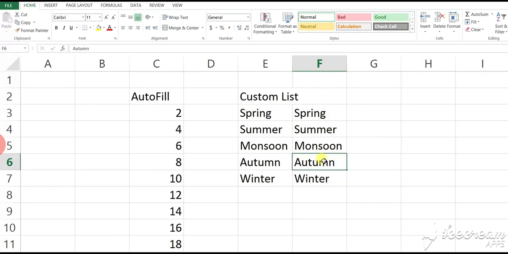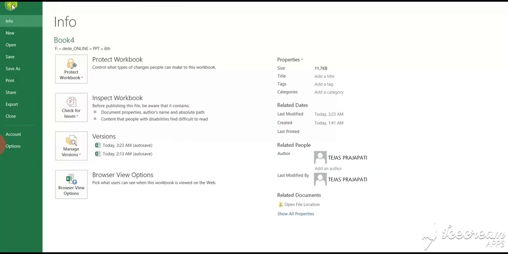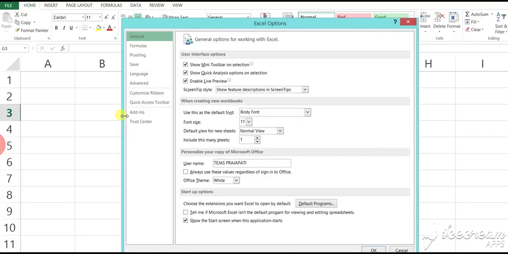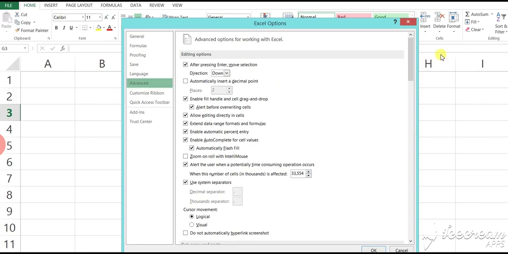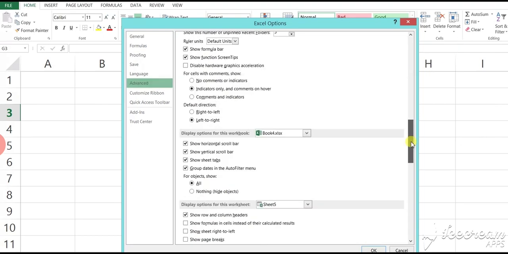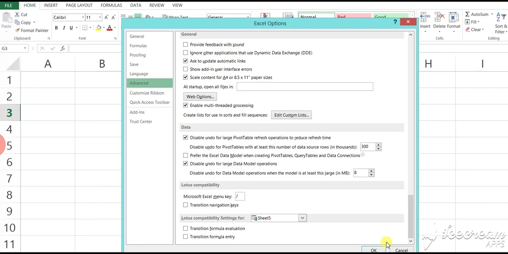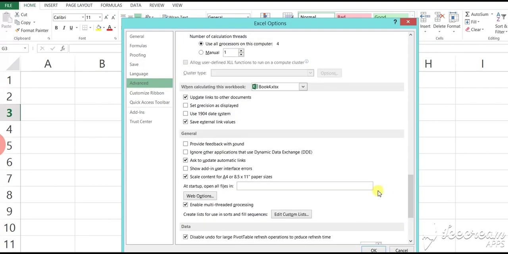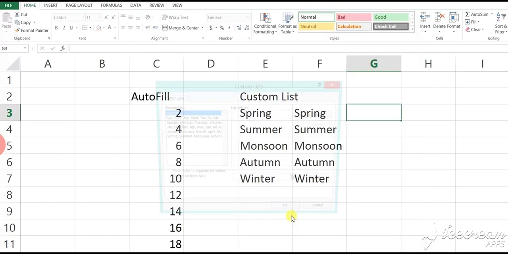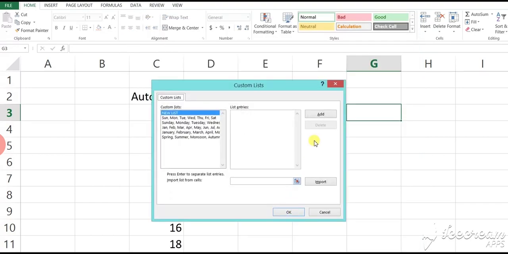Now the next method is typing a list in the custom list dialog box. So first of all, again click on the File menu, then Options, then again click Advanced, then under General, Edit Custom Lists. Here is the Add button.